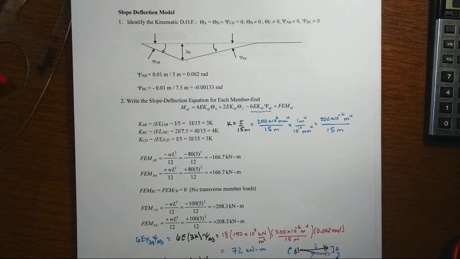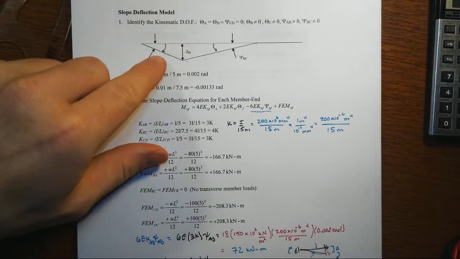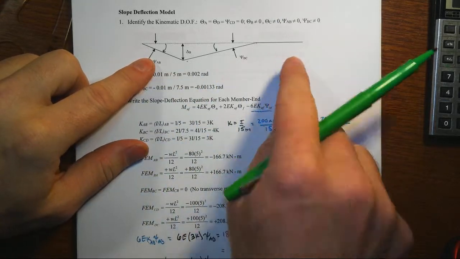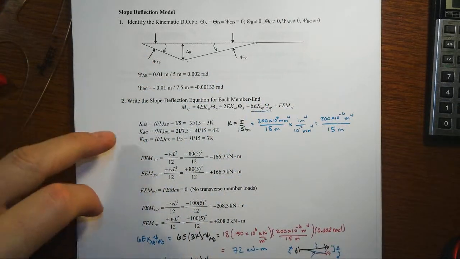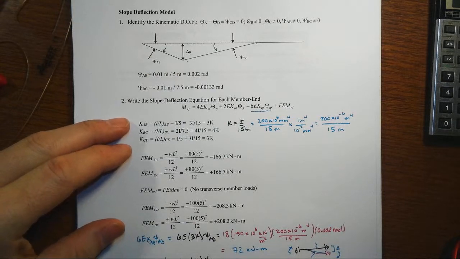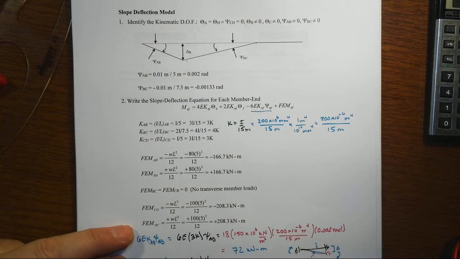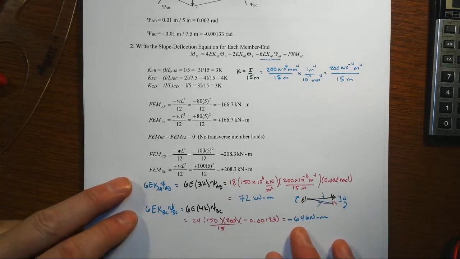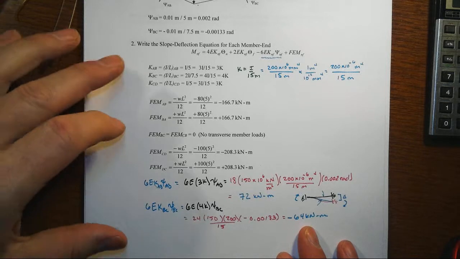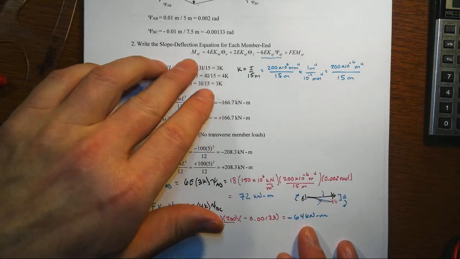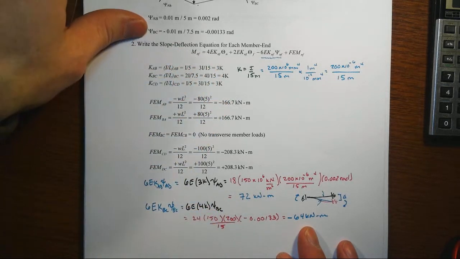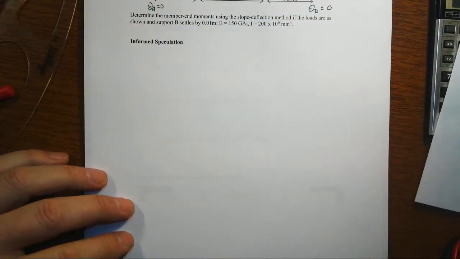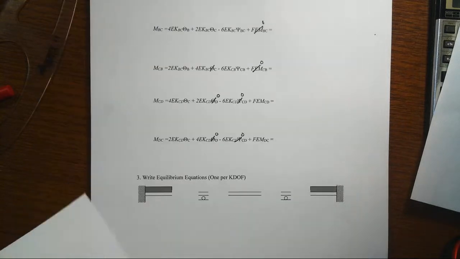We've been working on this multi-span beam that has both chord movement and loads in the two outer spans, a three-span beam. In the previous step, we wrote out all the K values, all the fixed end moments, and handled the chord rotation terms, got that in terms of numbers, but we didn't really finish off step 2, which was to actually write in all the terms for the slope-deflection equation for each member end. So we need to do that, and the